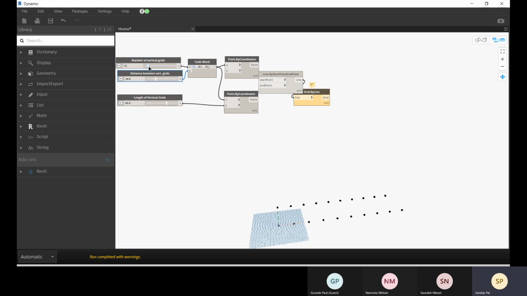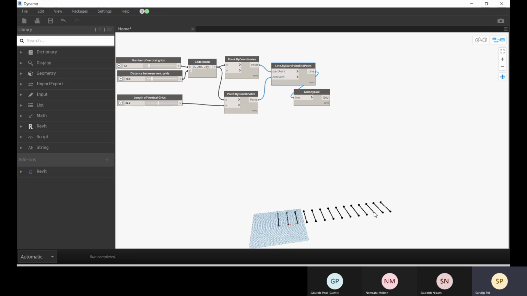The number of points is controlled, and the distance between them is controlled, and the distance between these vertical grids. So we will connect them as point, start point, and then end point. Now you can see, right?